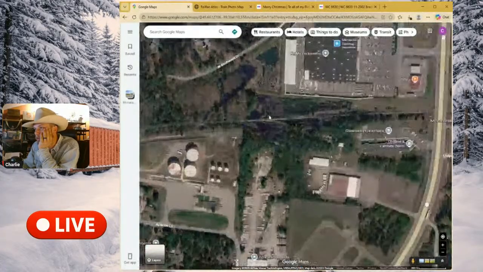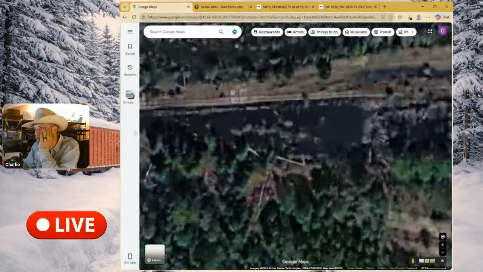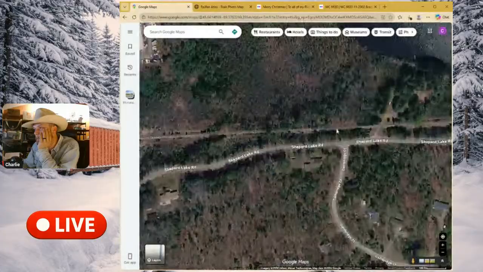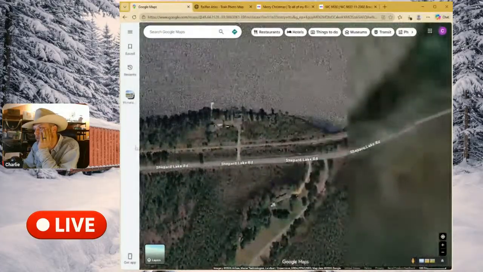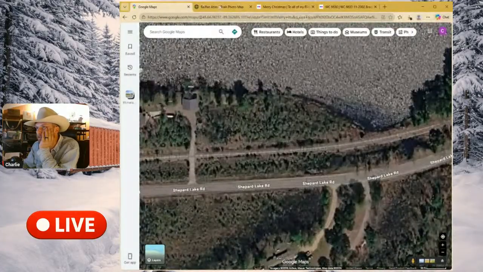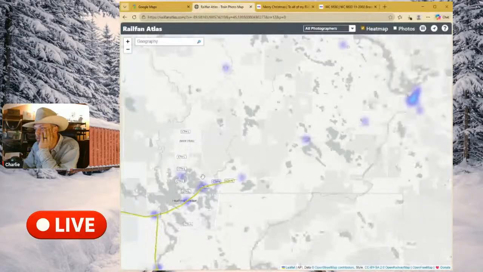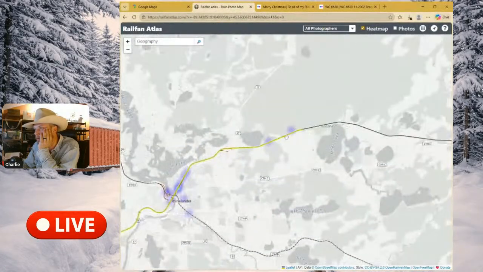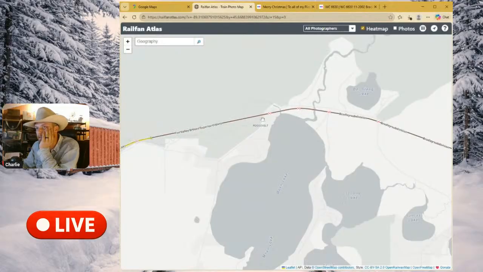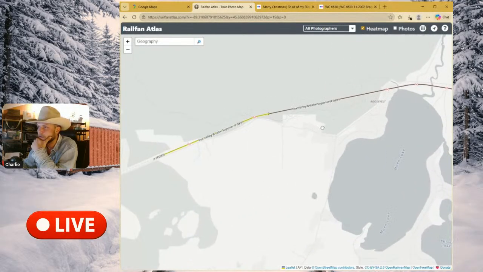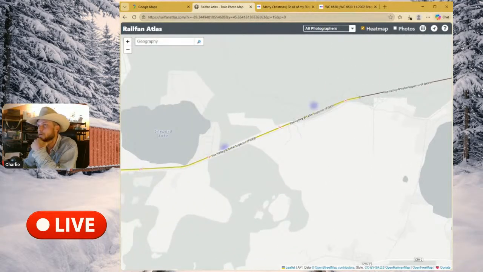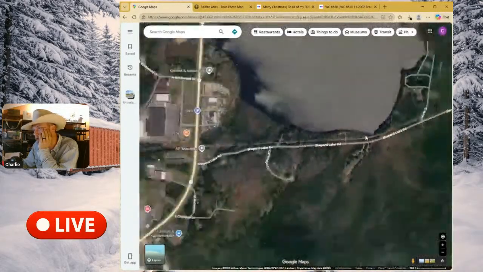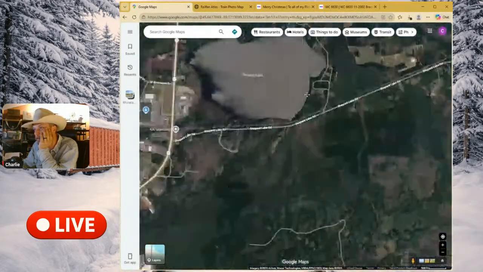And I wonder if that's the end of the line, 'cause this is starting to look a little shaky down here. I really wouldn't be surprised if that was the end of it. Let's see where Elk Atlas says. Yeah, it only goes a little bit past Rhinelander and then it's out of service. So yeah, looking at the map, it definitely looks like it's not used, and I don't think there's any more industries past there, but